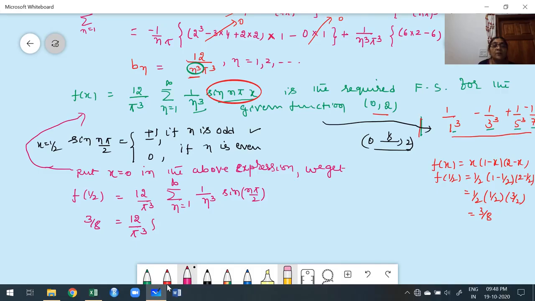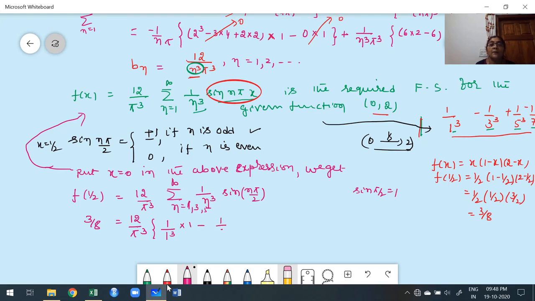You expand this series. While expanding, once you put n pi by 2, I have to take only odd values. Putting 1 to infinity involves both odd and even values. I am mentioning the first two values of odd. What are the first values? 1, 3, 5 like that, only odd values are considered. Why? Because sine of n pi by 2 is 0 for even. While writing this summation for sine of n pi by 2, I only choose odd 1, 3, 5 etc. up to infinity. What's the first value? 1 by 1 cube. Put n is equal to 1, what do we get? Sine pi by 2. What is sine pi by 2? It is 1.